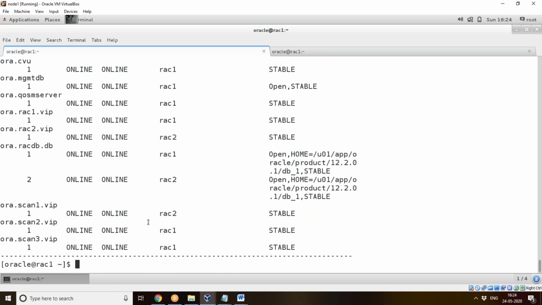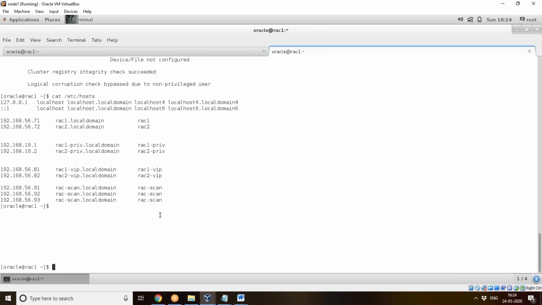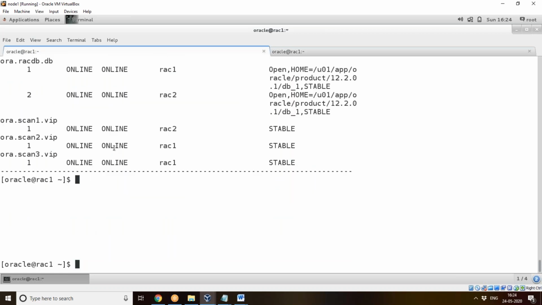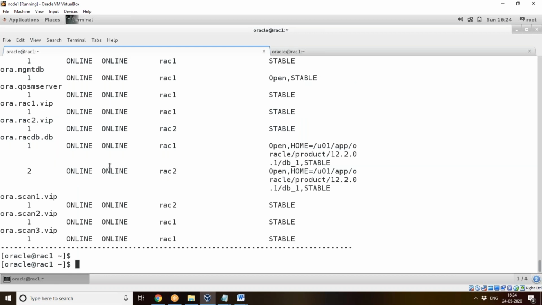So using the IP address which we have given for the scan, it is utilizing those scan VIPs here. So we call this scan VIPs, and when those VIPs are used for the listener, we call those listeners scan listeners. That's it. Fine. So now this is how all the services are being done. Okay, all are being arranged, right?